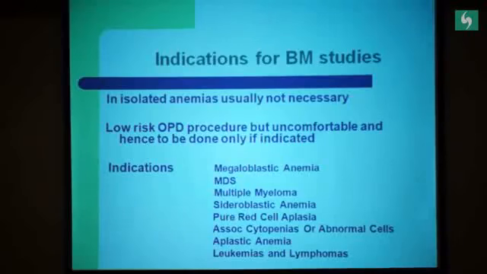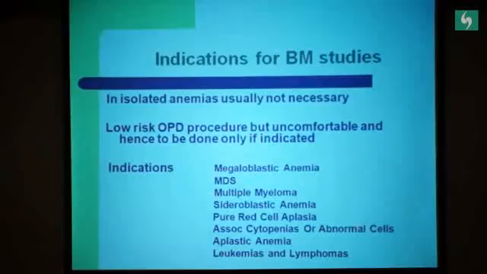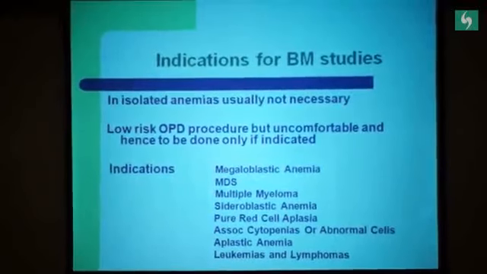It's slightly uncomfortable, and we do it only if it is indicated. Of course, the indications are where we suspect megaloblastic anemia or MDS. For megaloblastic, the tests are sophisticated and we look at the smear properly, so we don't need to. Though megaloblastic per se is a diagnosis on marrow, we diagnose so many patients and it's so prevalent in India that I think we have stopped even thinking about bone marrows there. Just treat them, they respond well, we don't need to do a marrow.